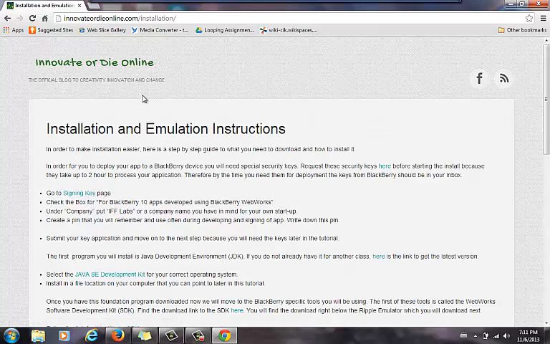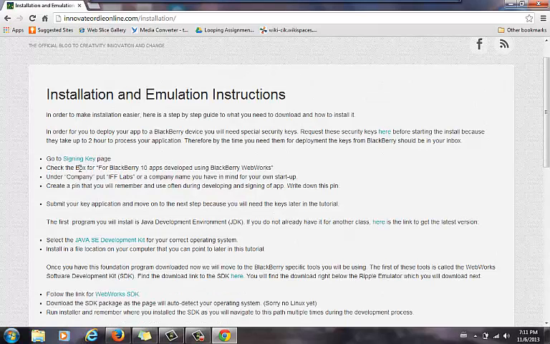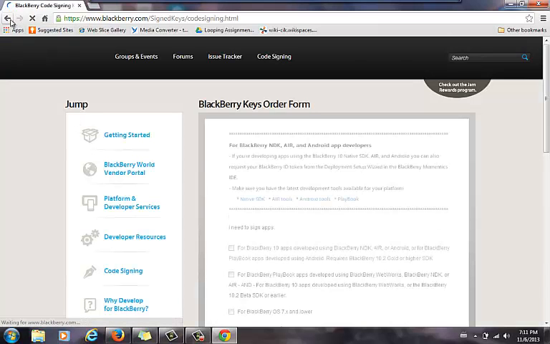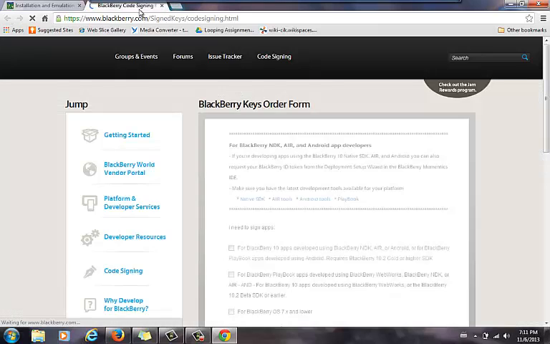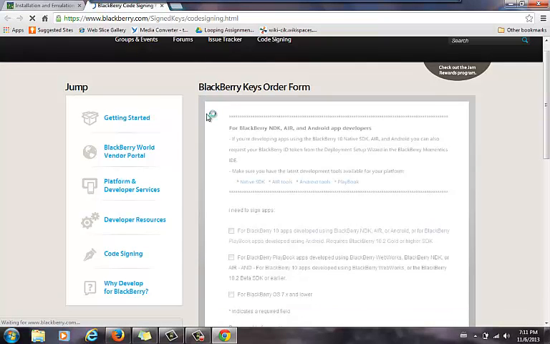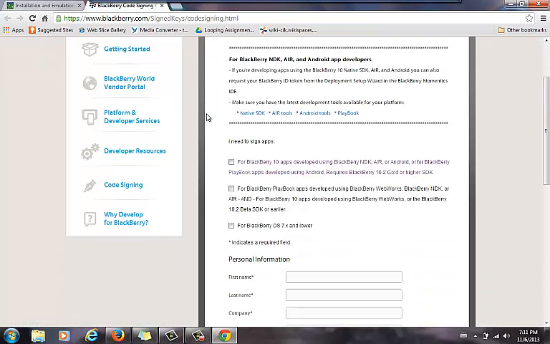Once you're at that website, you'll see a page with installation and emulation instructions. And you're going to start off by getting a sign-in key from BlackBerry, which will basically give you the license to create new apps. And you're going to open that in a new tab. And basically what you're going to do is pick the second option for BlackBerry 10 apps developed using BlackBerry WebWorks